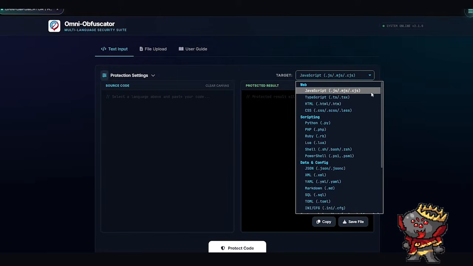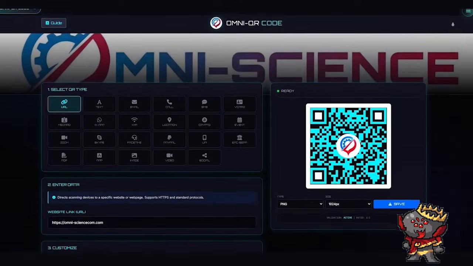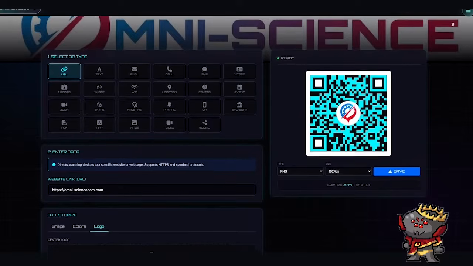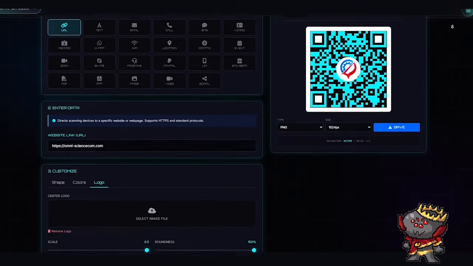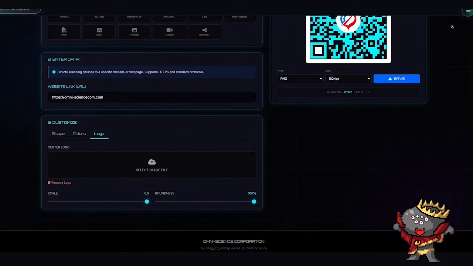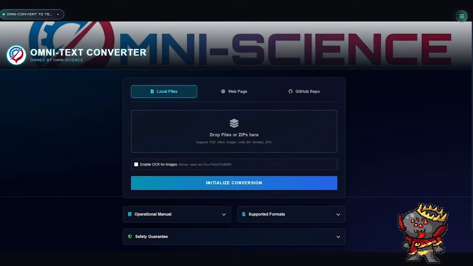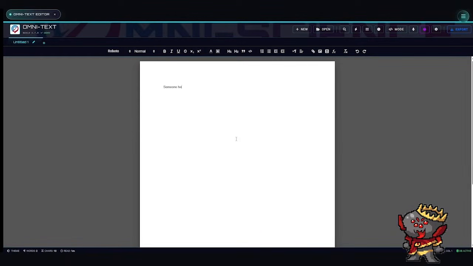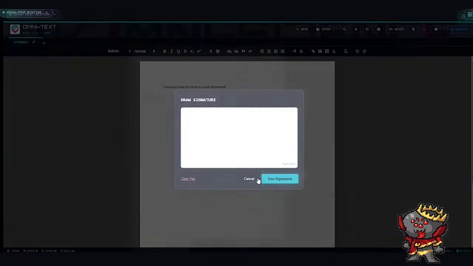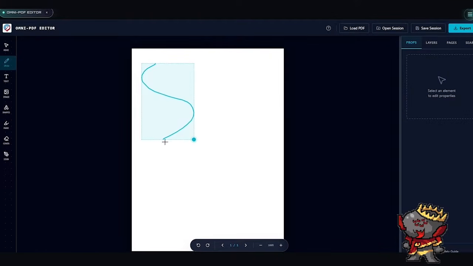Omni Obfuscator. It helps you protect your code. Omni QR code makes scannable little squares of modern wizardry. Omni Convert to text helps pull useful text out of the mess. Omni Text Editor handles writing and editing. Omni PDF Editor handles document surgery. And then,